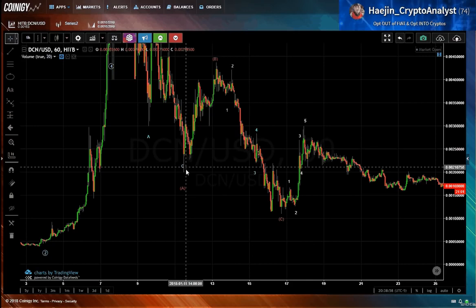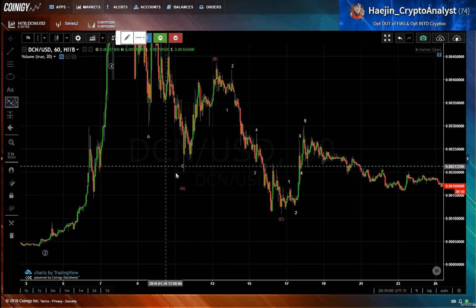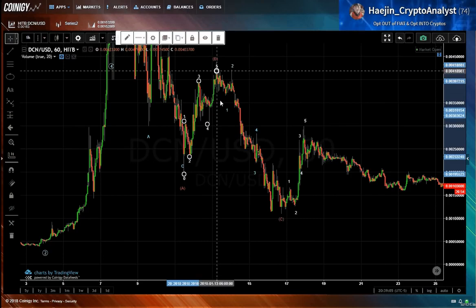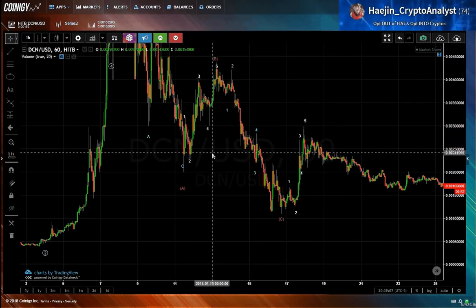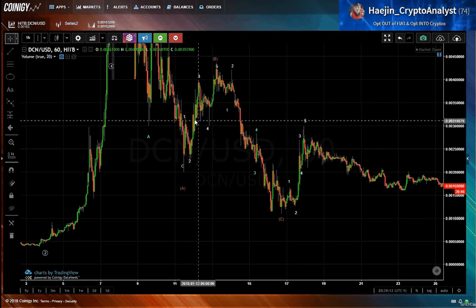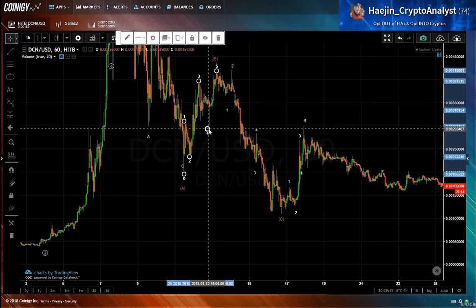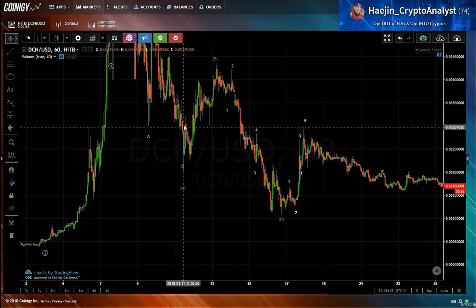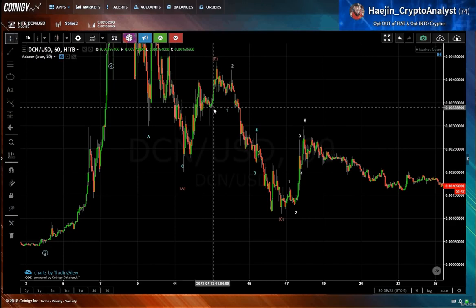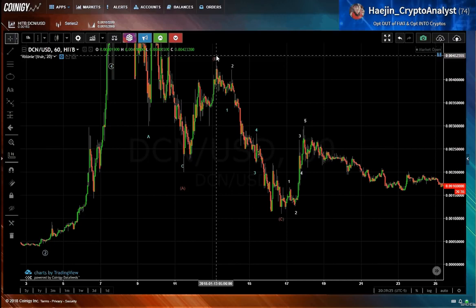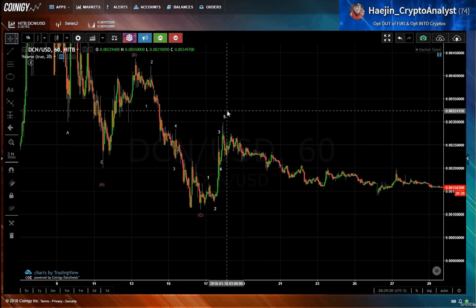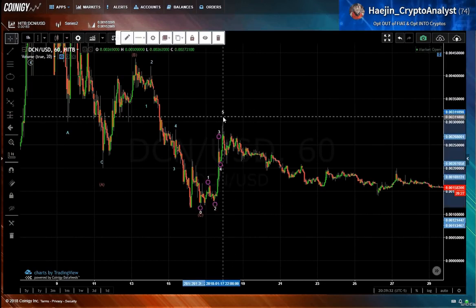And you might say it'll be 1, 2, 3, 4, and 5. How can this be a 3-wave B? This cannot be a 5-wave impulse. 4 is overlapping with 1. This is ABC for A, ABC for B, 1, 2, 3, 4, 5 for C of B. So here, if I have 1, 2, 3, 4, 5, that's wave 5, 5-wave impulse.